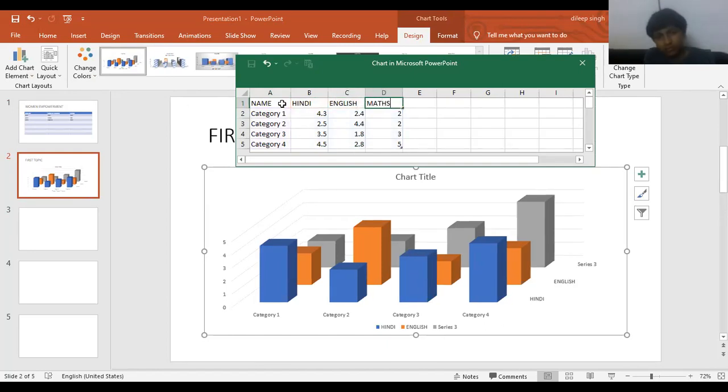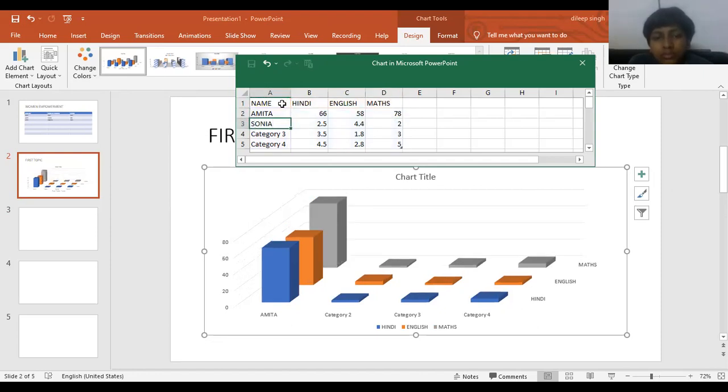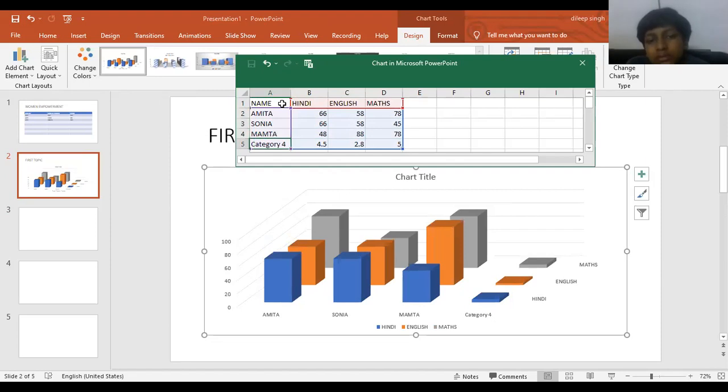According to our headings, the chart will automatically change. Here we type the name Amita, you will easily observe the name. Here are the marks and we just press enter, type Sonia, then second marks like this. Mamta. Clear?